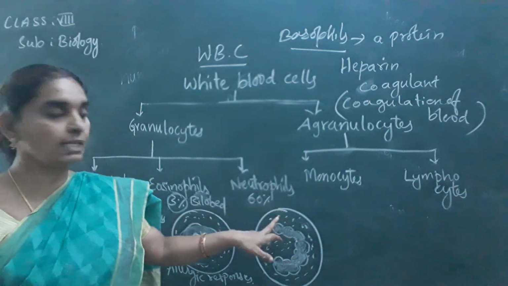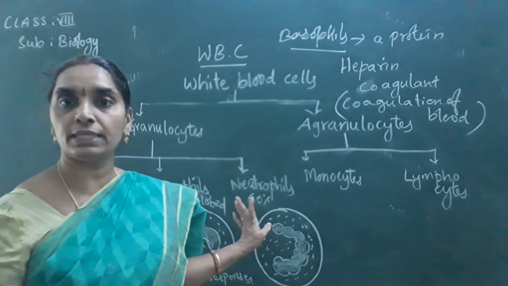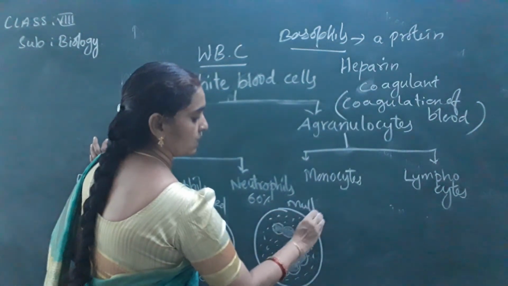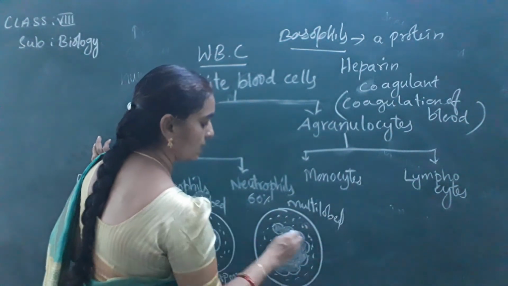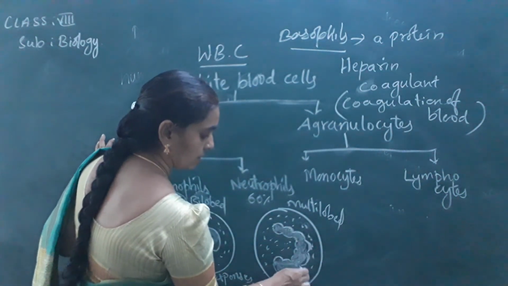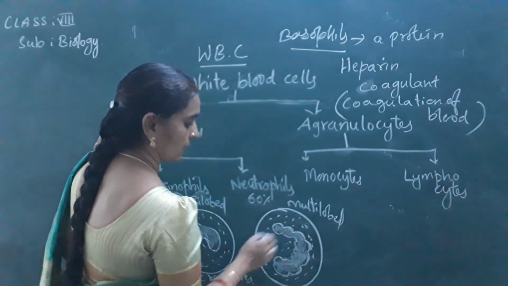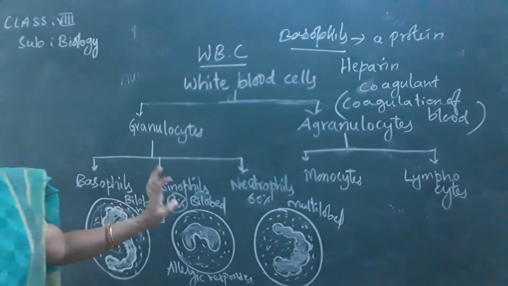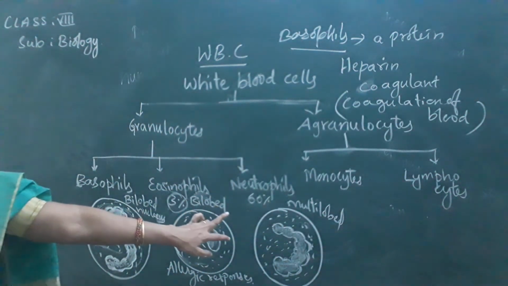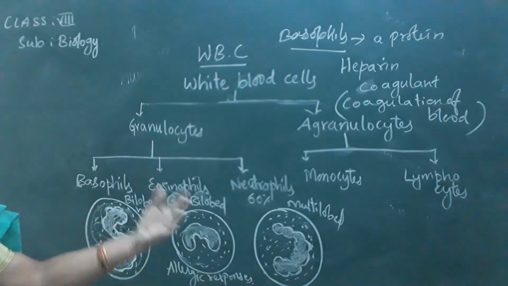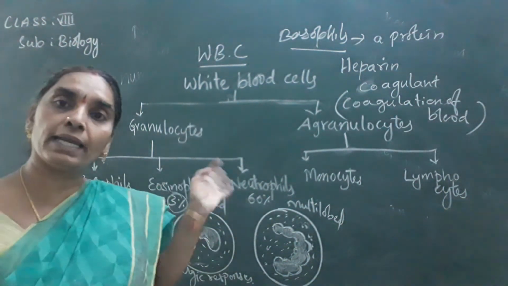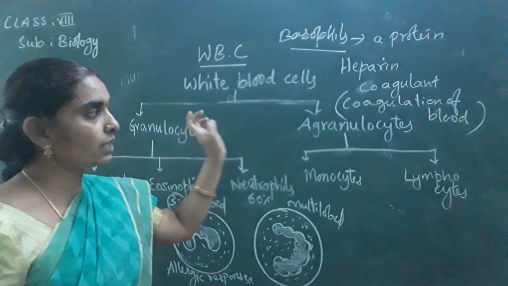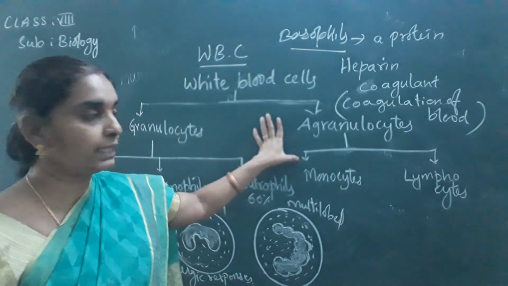Next, neutrophils. About 60% of the blood cells are neutrophils. They are multi-lobed. See the structure of the nucleus. The nucleus is multi-lobed here, and it is also constricted. The nucleus is embedded in the cytoplasm. These neutrophils always increase in number. They die and again increase in number in our body.